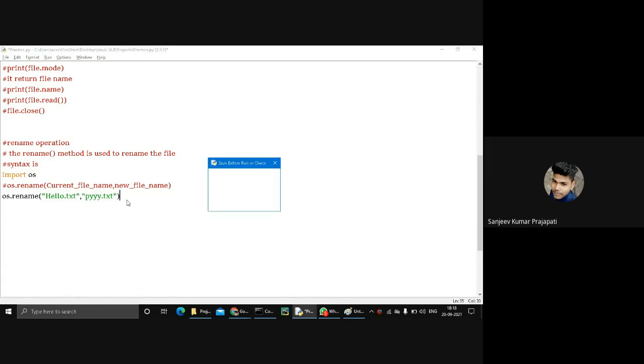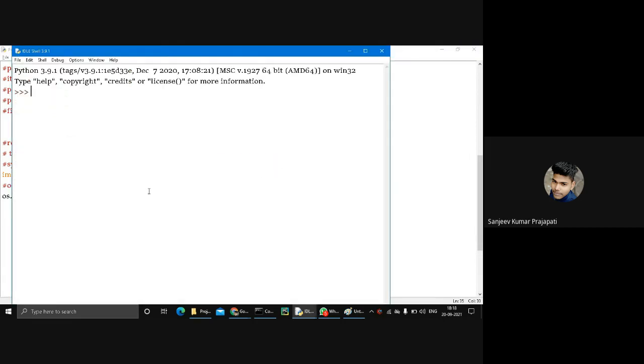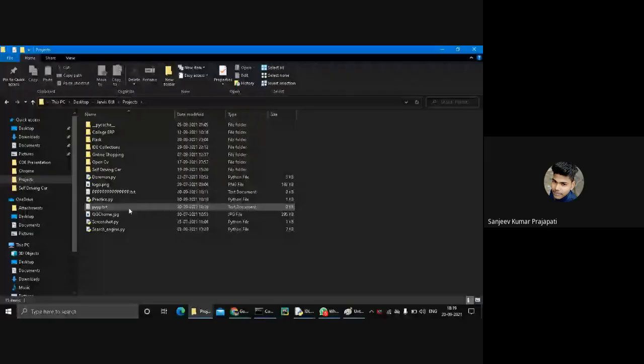Okay, so I perform this operation and press F5. Let's see, the hello.txt file is replaced by the pyy.txt file. It's clear how the rename method works.